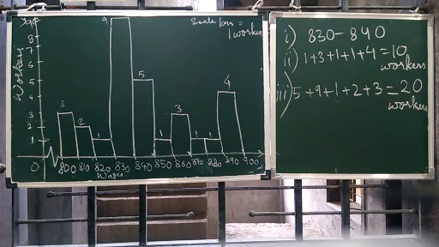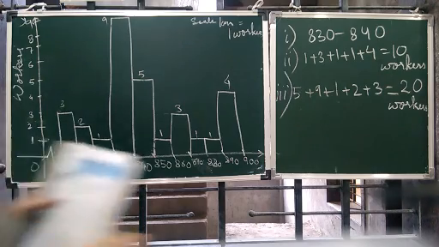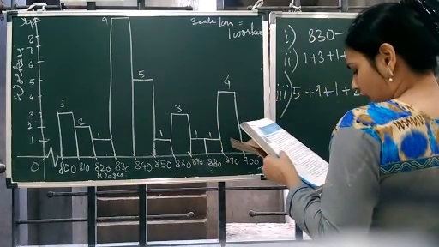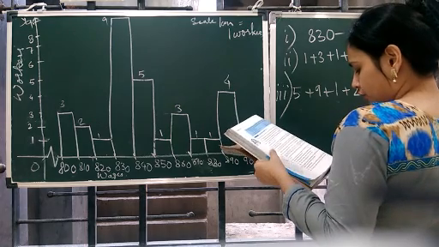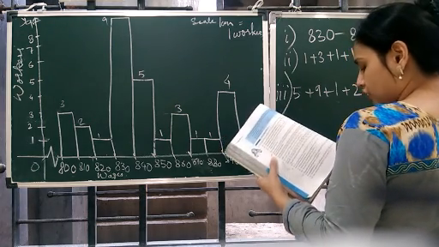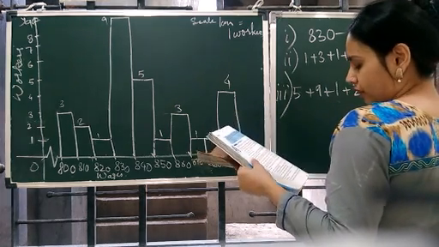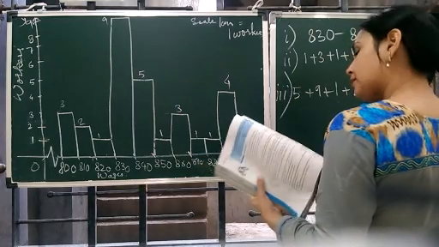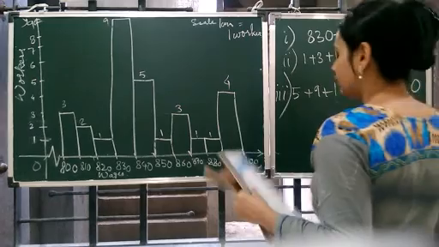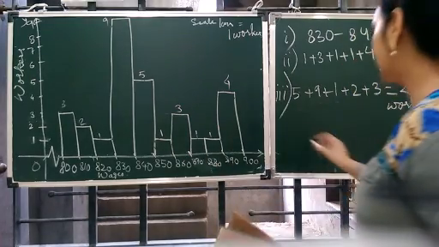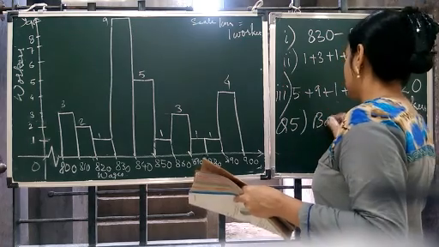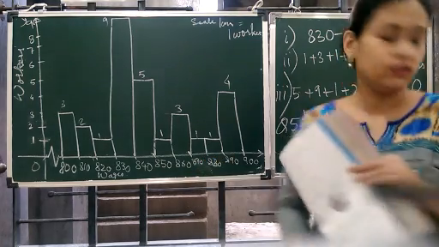Now we start with question number 5. The number of hours for which students of a particular class watched television during holidays is shown through the given graph. Answer the following. So you have to just answer the following, beta. Seeing the graph, we can do it in the book. Please read question number 5 in the book.